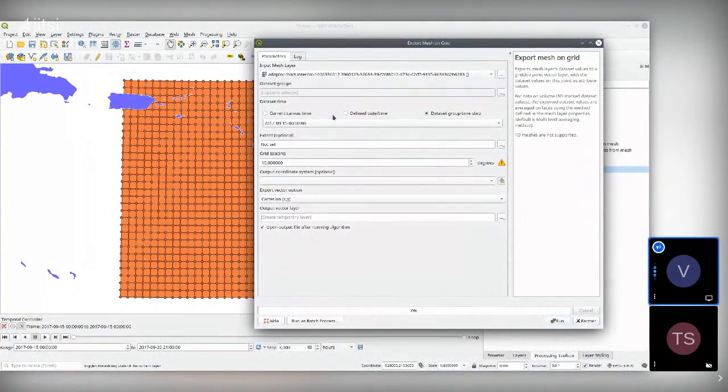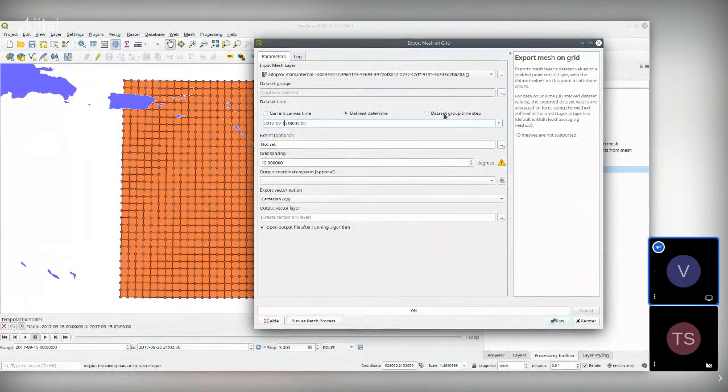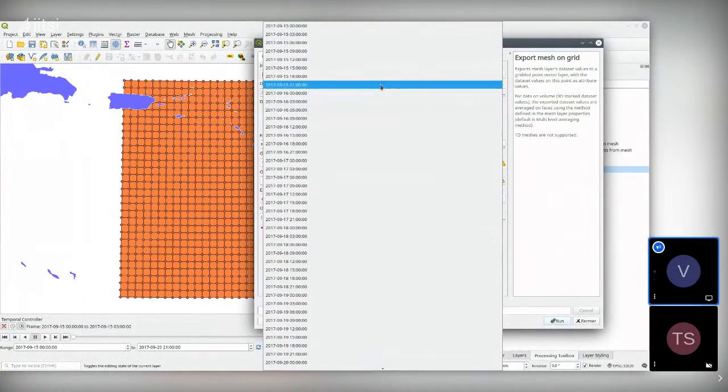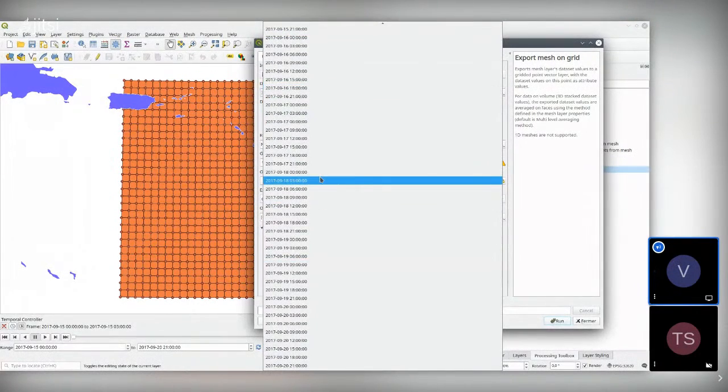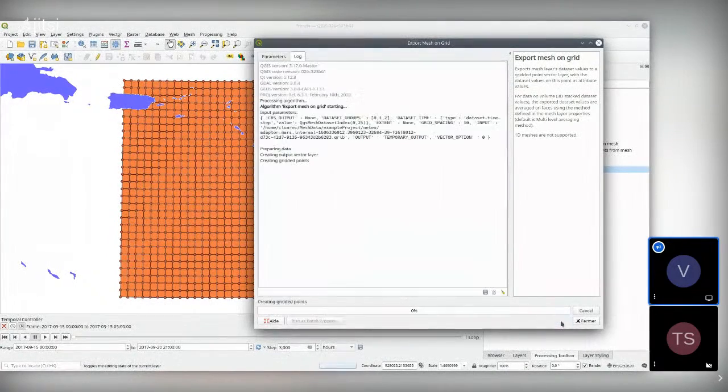Yes, now we have a temporal dataset, so I can choose the time. So the current canvas time defines that time. You can choose that time here, or dataset group time step. Here you have all the dataset time steps. You can choose one. And now if I export,